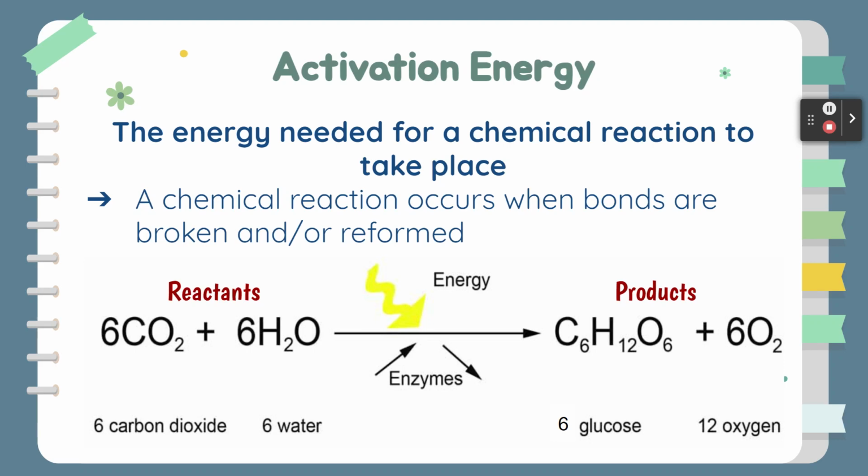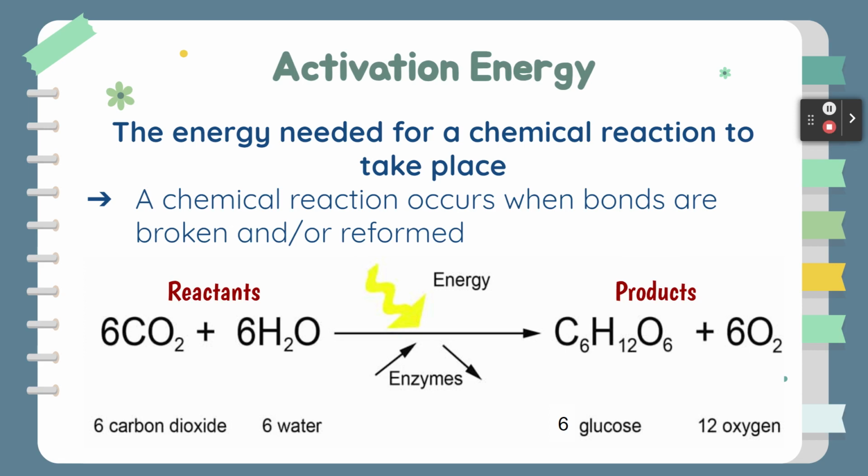A chemical reaction occurs when bonds are broken and or reformed. Let's use the chemical equation for photosynthesis here to help you understand this concept. Here, you can see that the equation states 6CO2 plus 6H2O yields, anytime we see an arrow like this, we're going to say yields, C6H12O6 plus 6O2. Another way to read that would be 6 carbon dioxide plus 6 water makes 6 glucose molecules